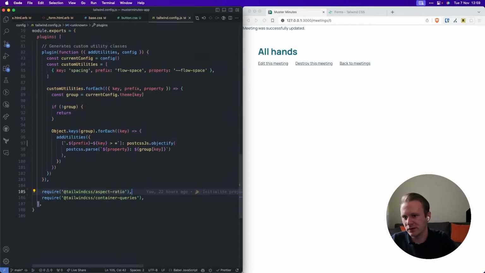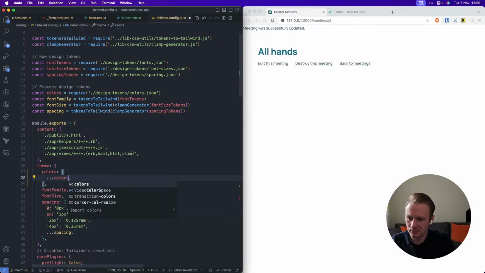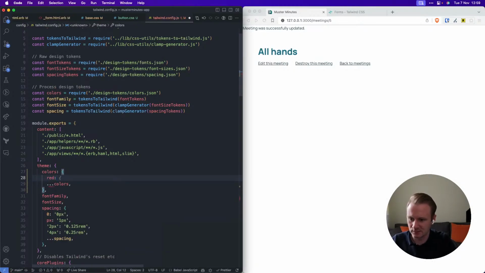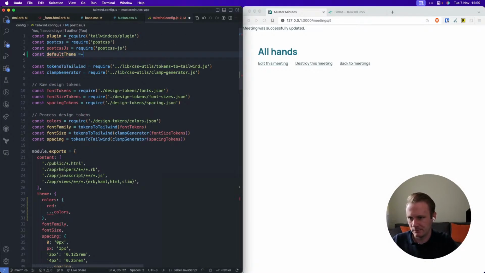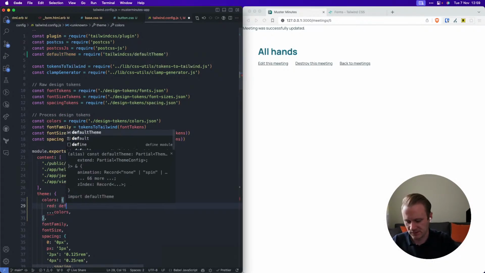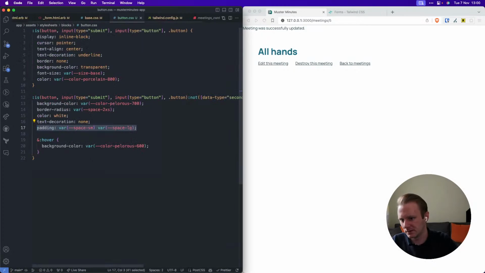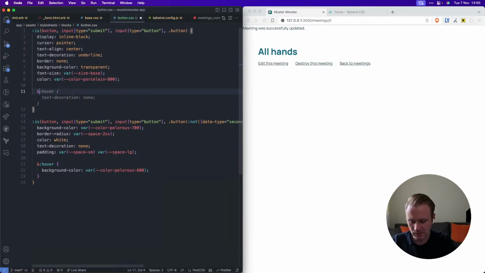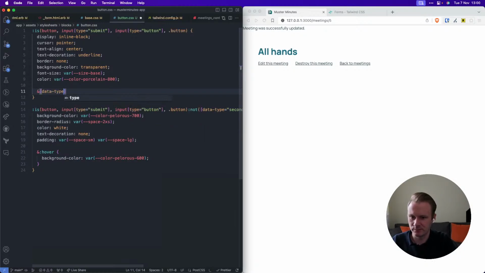So if I go in the Tailwind config, one of the things I can do in here is colors, red can be const defaultTheme, colors.red, and then I should be able to go to our button, and I should be able to do like a dot, or a data-type equals